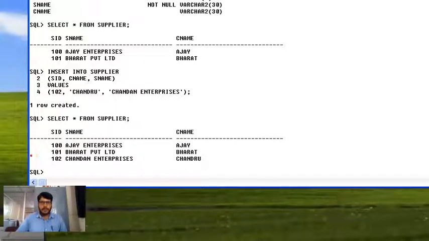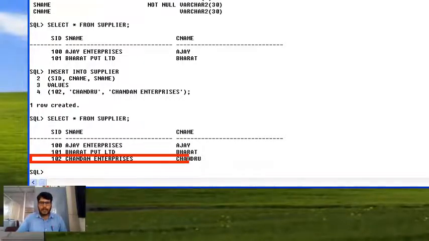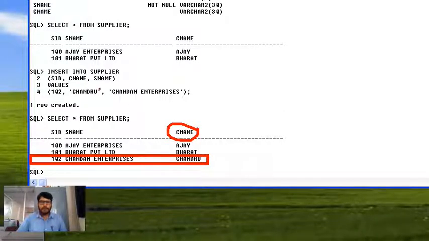This is the new record we have just inserted, and you can observe in the C name column it has inserted Chandru, because in the C name column we passed Chandru as a value, and also in the S name column we passed Chandan Enterprises. That's why in S name it is showing that particular value. And as usual for SID we have passed 102, so we are able to see that here.